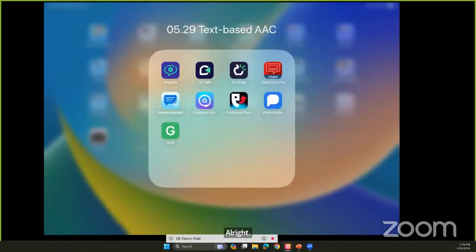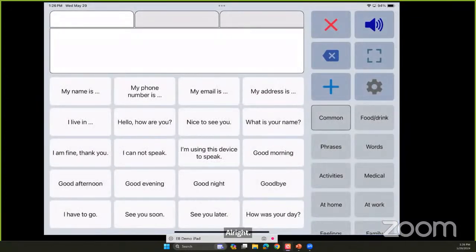Next, we're going to look at Speech Assistant AAC. Okay, so this is Speech Assistant AAC. It is $23.99 for the full version for iOS. There's also a free basic version for Android, or an in-app purchase for the full version on Android is $10.99. And then they also have a version that if you're using switches to access, they have an Apple version called Speech Assist Switch that they recommend you use because it's better designed for switch control.